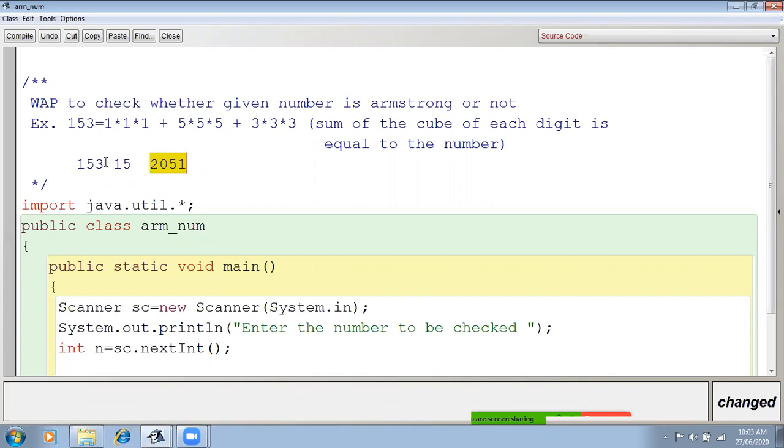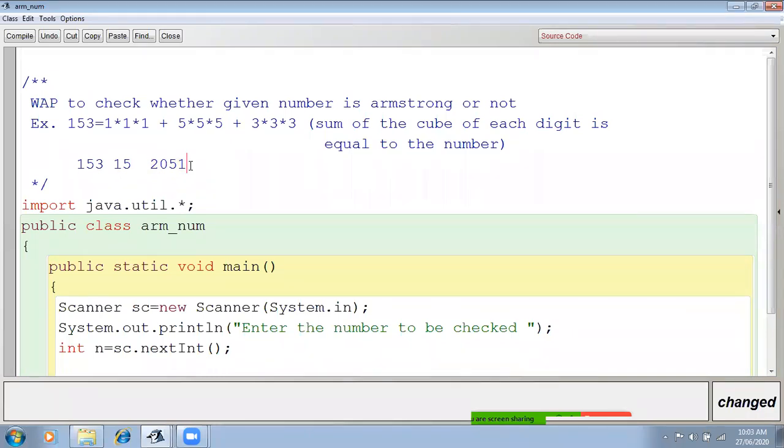If the user is inputting a three-digit number, then you have to execute the loop only 3 times. If the user is inputting a 2-digit number, then 2 times. If a 4-digit number, then 4 times.